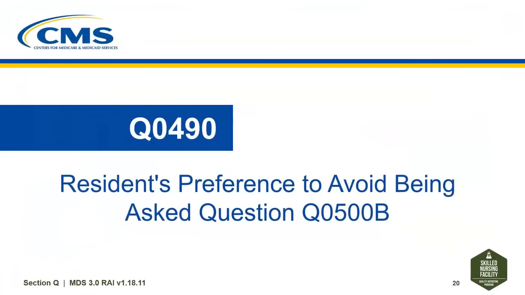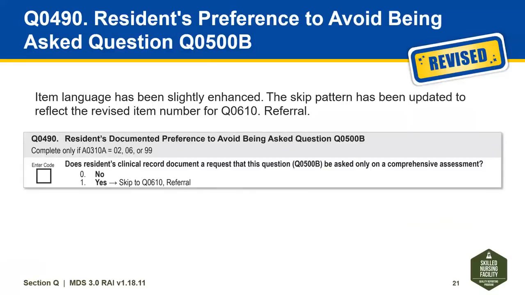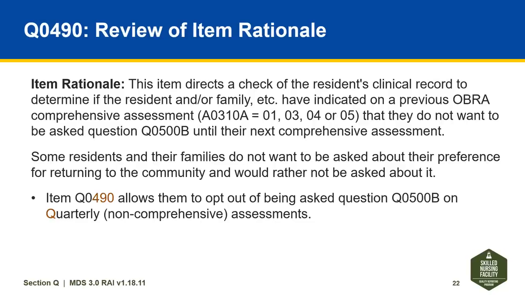Let's move on to Q0490. Residents' preference to avoid being asked question Q0500B. This item language has been slightly enhanced. Additionally, the skip pattern has been updated to reflect the revised item number for Q0610, Referral. As a reminder, this item directs a check of the resident's clinical record to determine if the resident and/or family, etc., have indicated on a previous OBRA comprehensive assessment, A0310A equals 01, 03, 04, or 05, that they do not want to be asked question Q0500B until their next